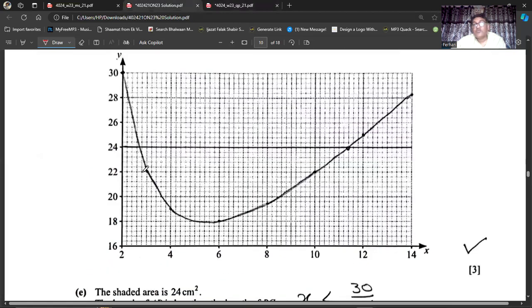So how am I going to solve this? Okay, the area is 24. So here you have that area 24. I will draw a horizontal line here, y equals 24. This line is basically y equals 24. So you draw this line. So this is the value of the